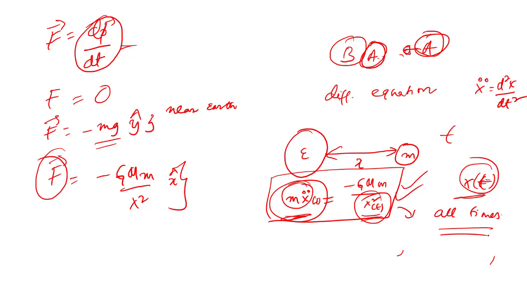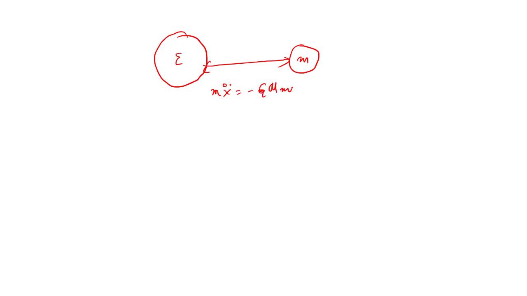So bearing this in mind, let's see some things that Newton left out. When Newton looked at these forces, like the force of gravity, for example, like we wrote on the previous slide, here we have GMm by x squared, right? In this, the objects are not touching each other. The moon is not in direct contact with Earth. Yet somehow, the moon is able to feel the force, and same with Earth,